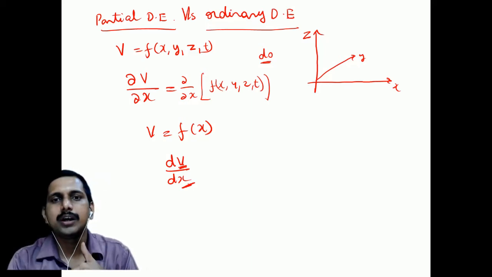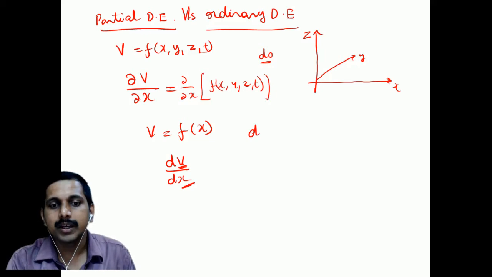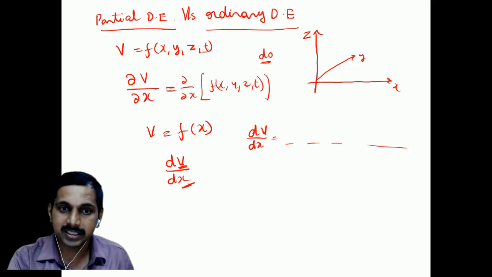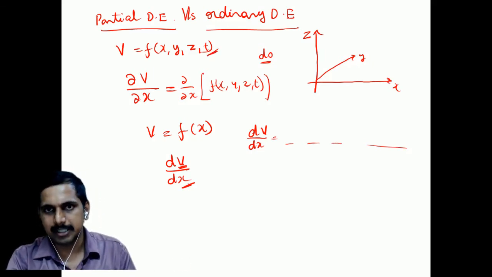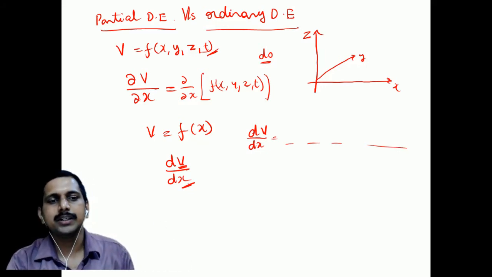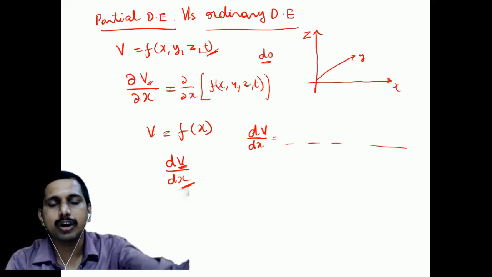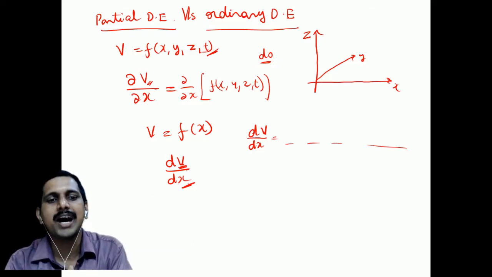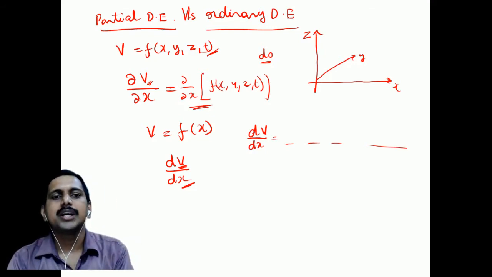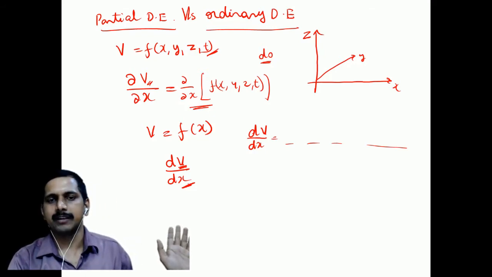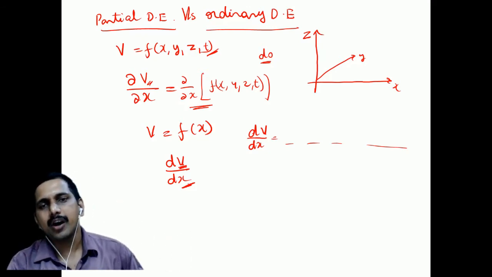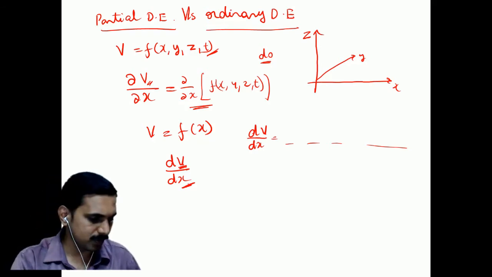There is something called total differentiation, where you say dv by dx is equal to a big term which comes there when it is still a function of all these variables. Those things we will see later, but right now this much is enough. When you say partial, it means velocity may be a function of other variables, but we are considering only the function of one variable. Now in a differential equation, if there are partials, then it is called a partial differential equation. If they are ordinary derivatives, then it is called an ordinary differential equation. Very simple. Nothing great in that.